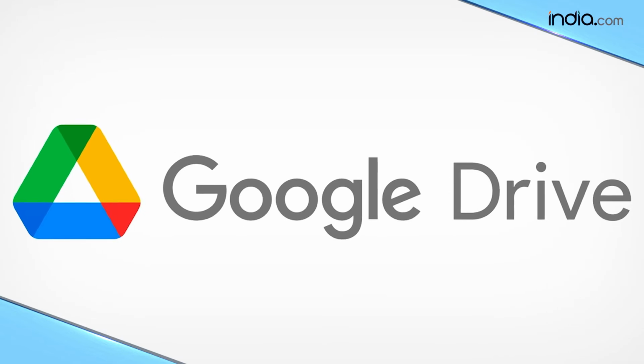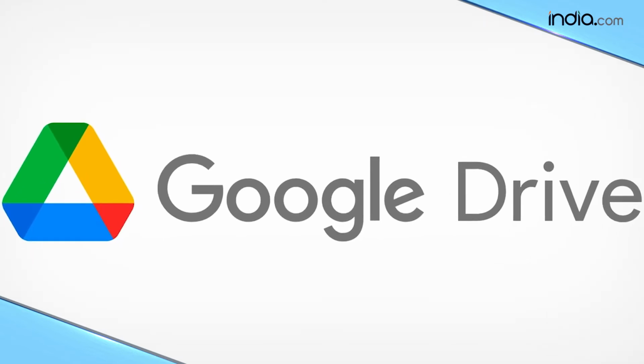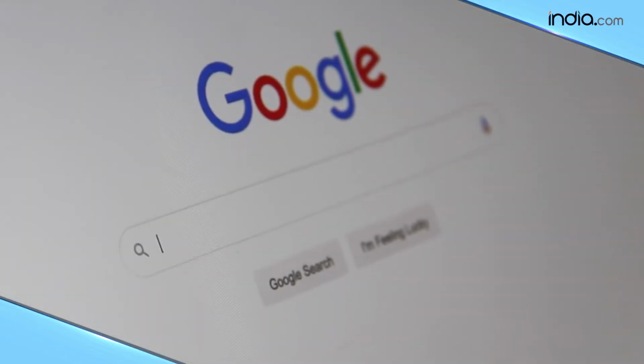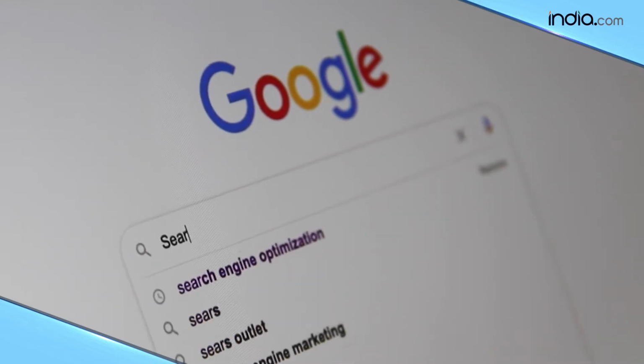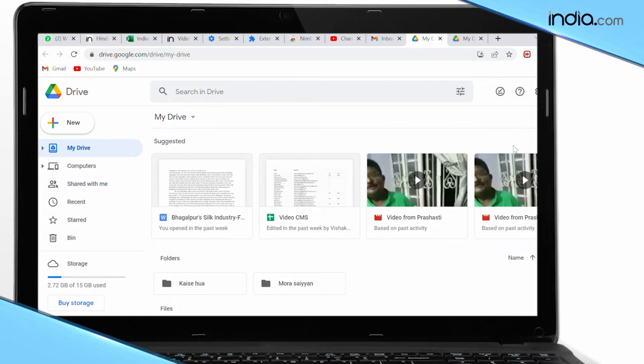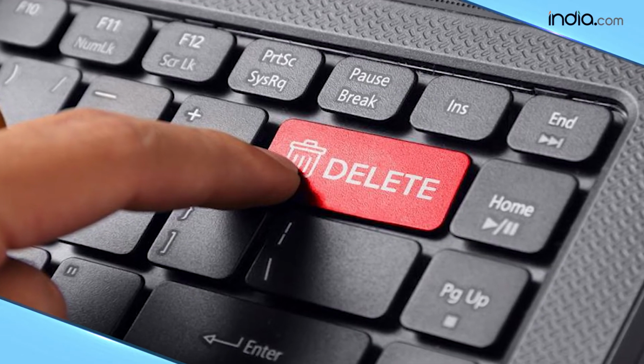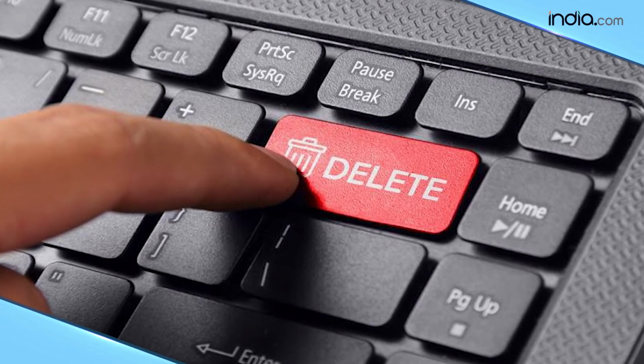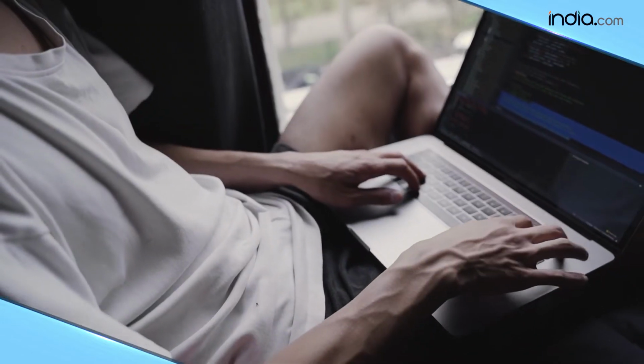Google Drive is one of the most famous file storage and synchronization services. It is developed by Google and allows users to store and manage files like photos, videos, documents, sheets, presentations, etc. on servers. However, sometimes a user can mistakenly delete important files and data from Google Drive, which becomes harder